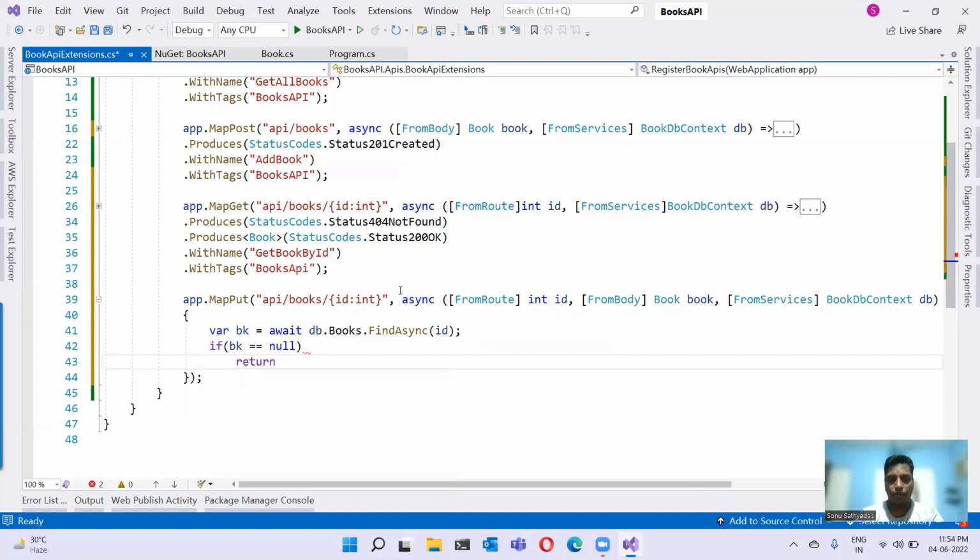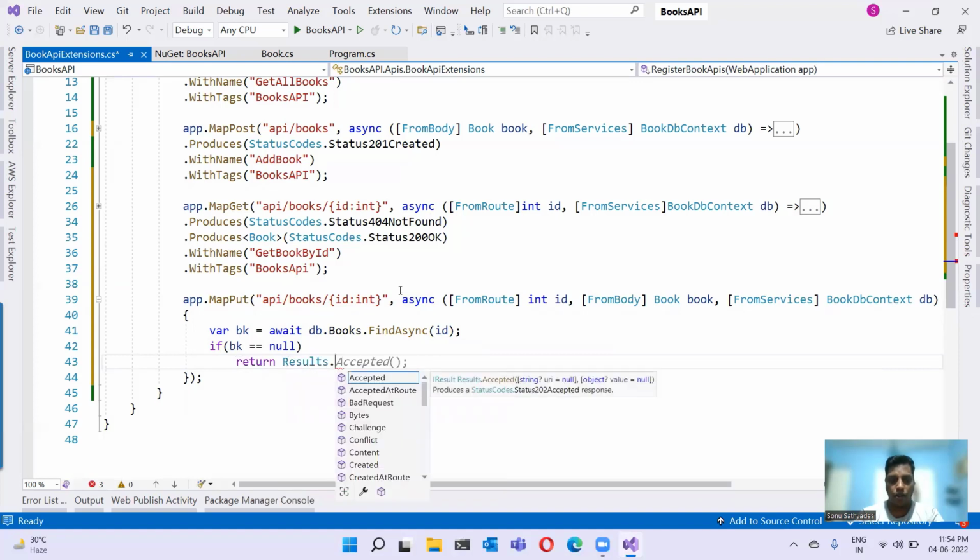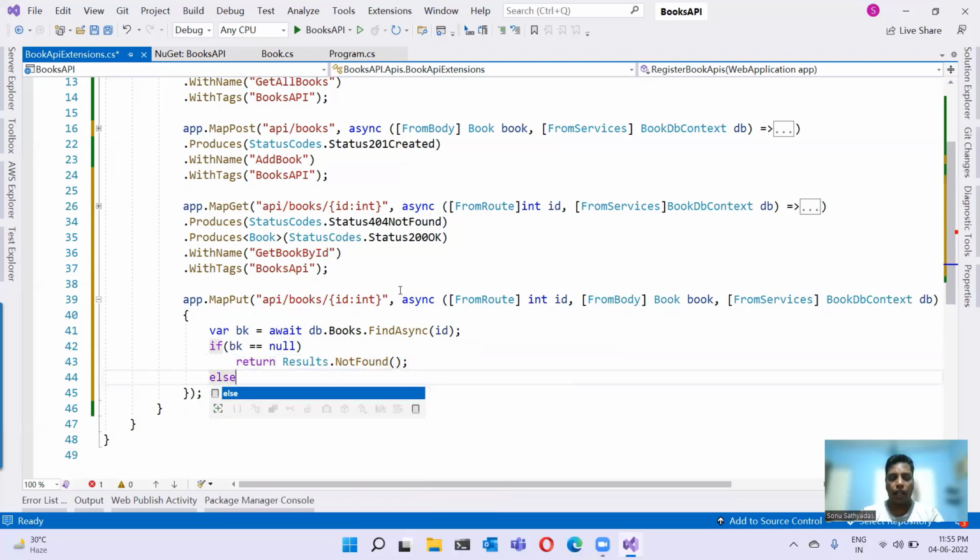So return Results.NotFound, else I can say